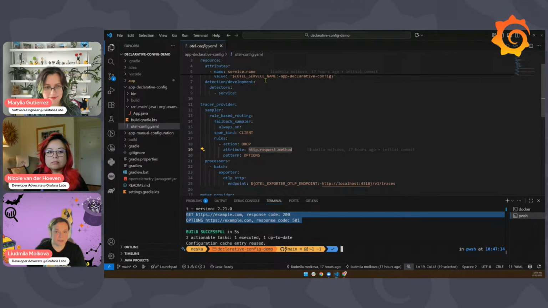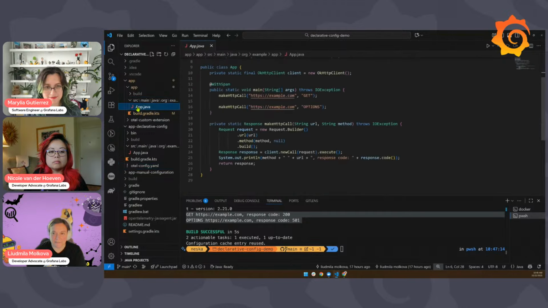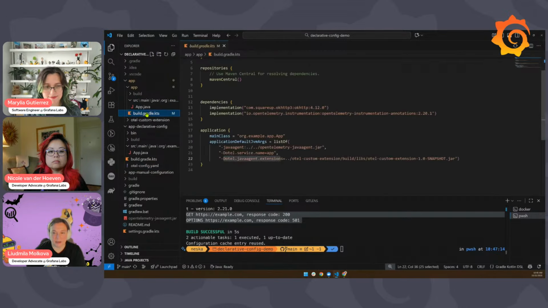Imagine we didn't have it, right? So I have an example of another application. It's actually exactly the same application. The only difference is how we enable OpenTelemetry. Here, we still have Java agent. We provide service name via a system property. We could have done it through environment variable. And we provide a thing called extension. This is a Java specific thing. It might not exist in other languages. It's a pretty advanced extensibility point.